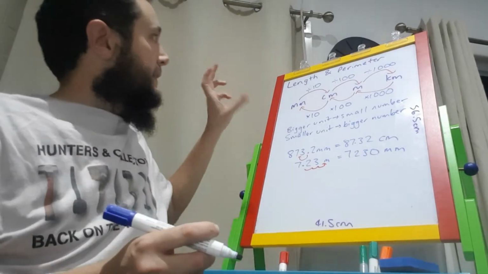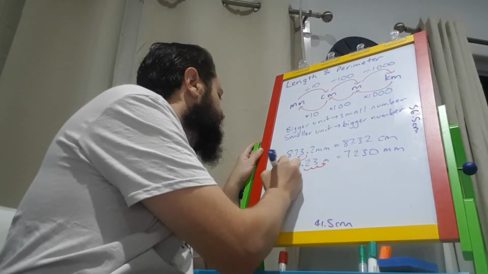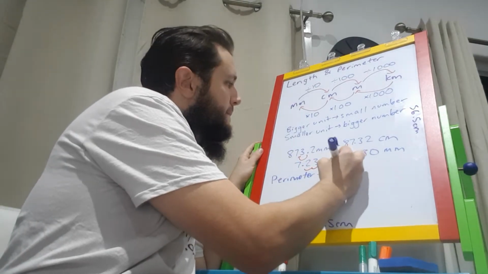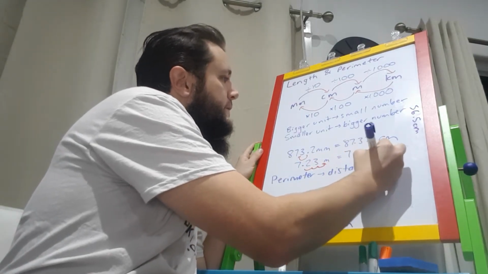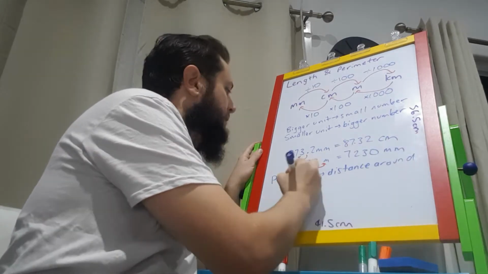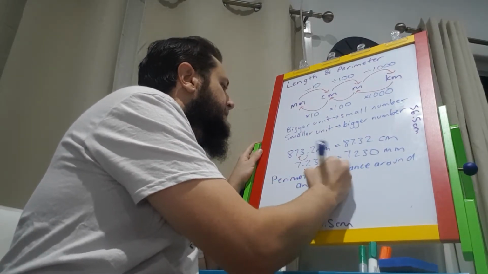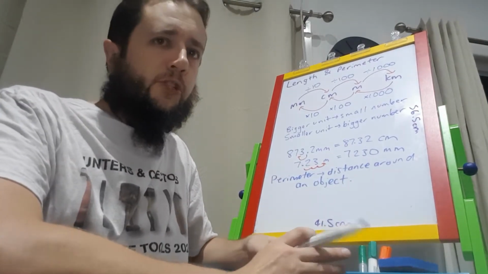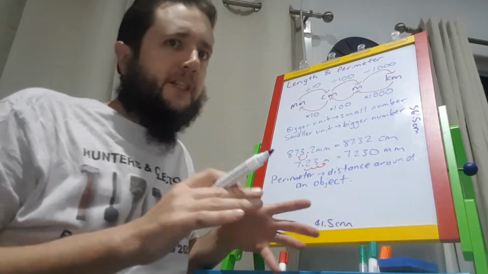Now, the second part of the lesson is essentially perimeter. Perimeter is merely the distance around an object. The example, and those of you with keen eyesight or watching this in its full HD beauty,